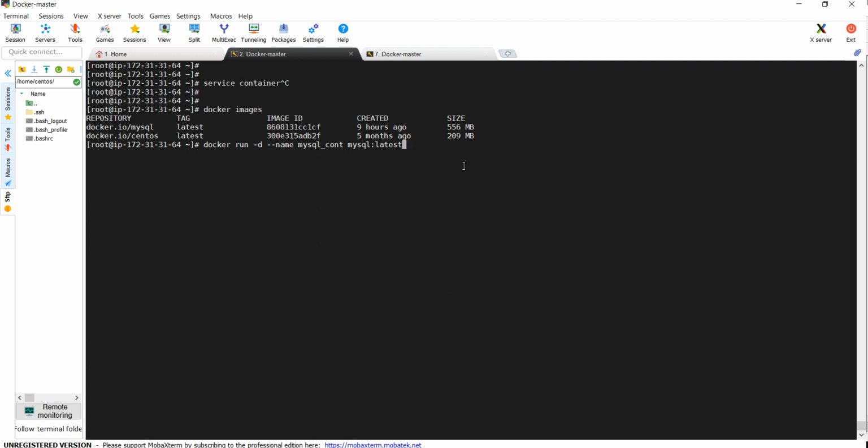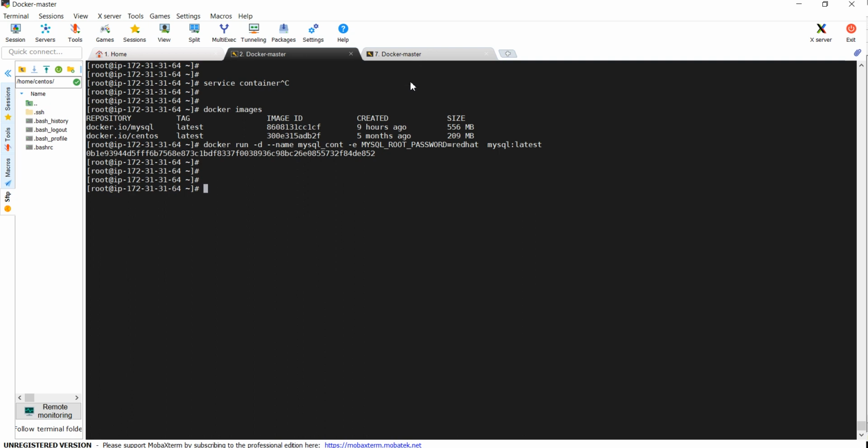You already know that. You can watch my video, because there are some containers that take specific parameters. Like in case of a MySQL container, I need the root password. Otherwise, I will not be able to log into my container. So I can use this command. Minus d means detach mode. I can run it in detach mode because my MySQL container is a service container and it will have a MySQL daemon process running inside it that will keep it alive. So I can use the minus d option. Okay.